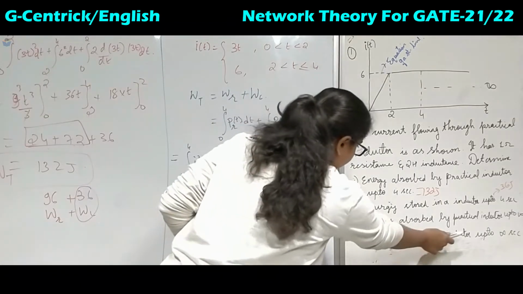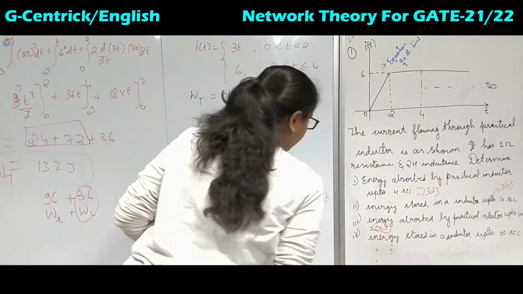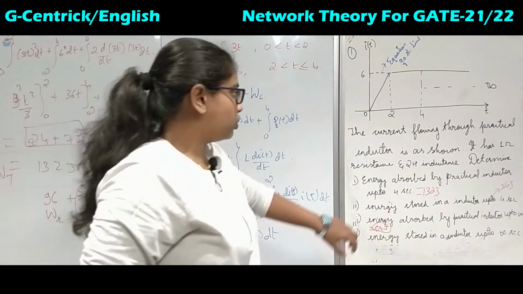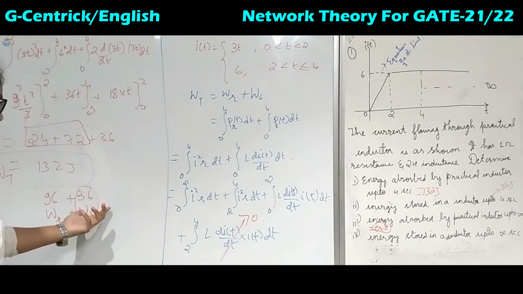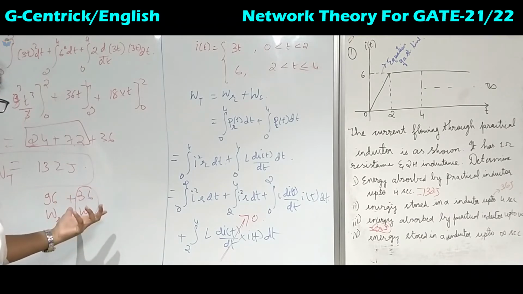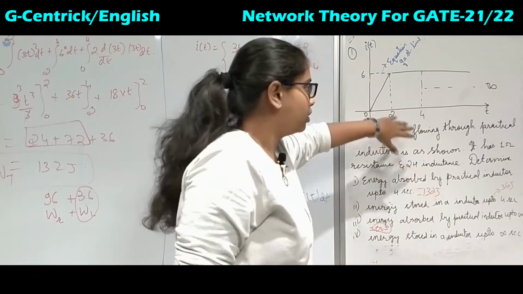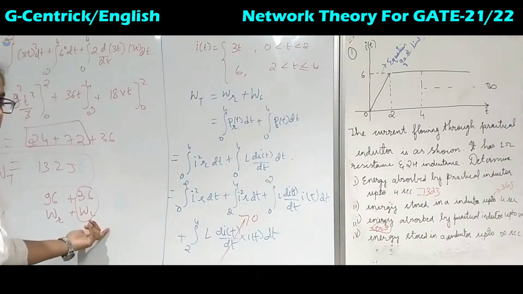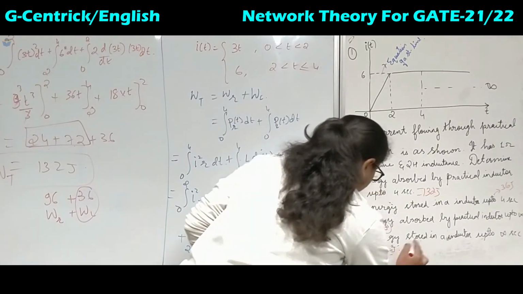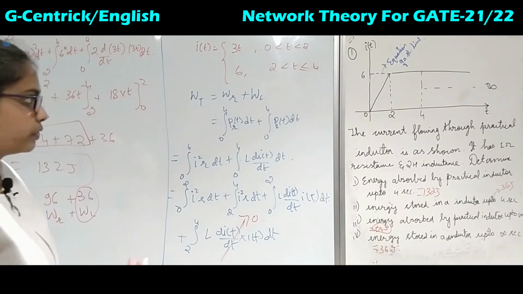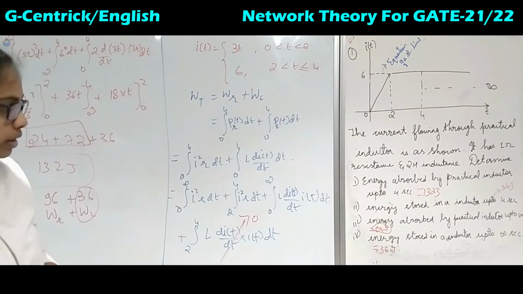Now energy stored in an inductor, again from absorbed to stored. What is the energy stored in an inductor up to infinity seconds? After infinity seconds we have got 36 joules. This is the case of just the inductor storing the energy. After that if it becomes constant, it stops storing the energy. So when it stops storing the energy, 36 joules will remain constant. This is the answer for the fourth question. It will remain as 36 joules, because there is no change in the value of current.